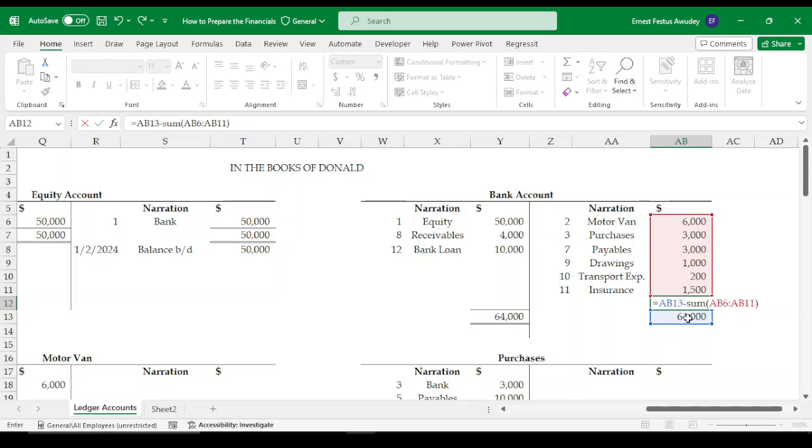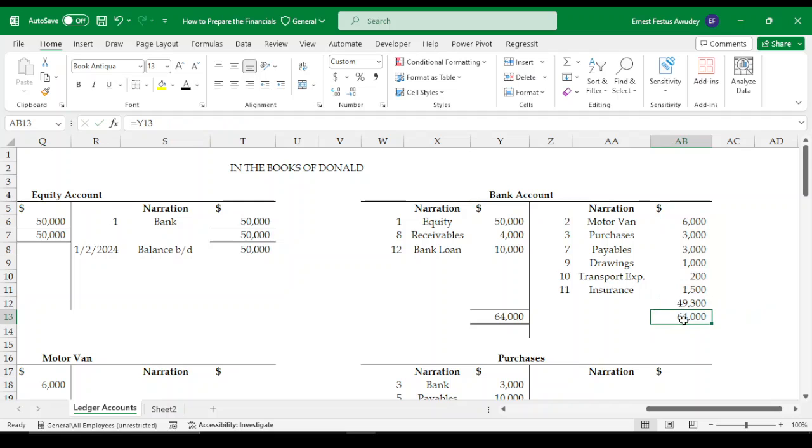That's why I've picked the 64,000 here, and I'm going to subtract the sum of these amounts so that the difference, when added to the sum of these already existing amounts, will be equal to 64,000. And we are going to call this amount balance carried